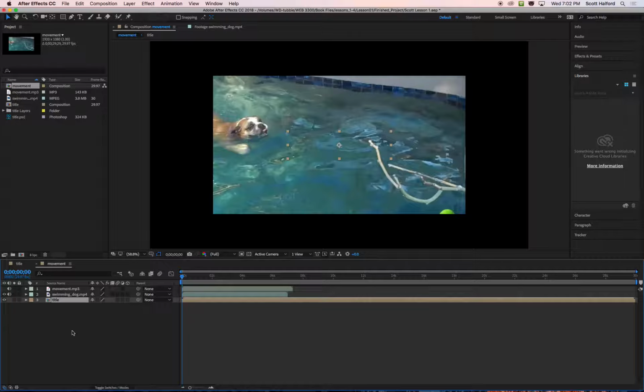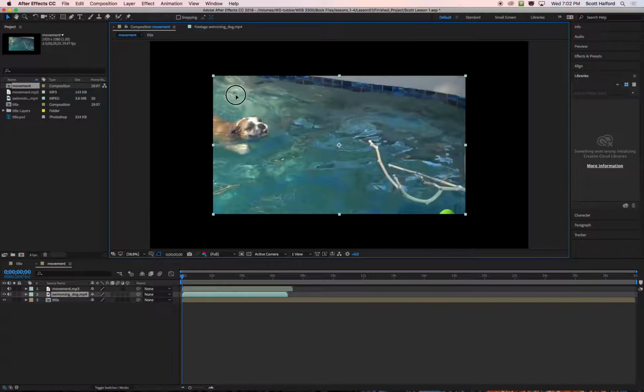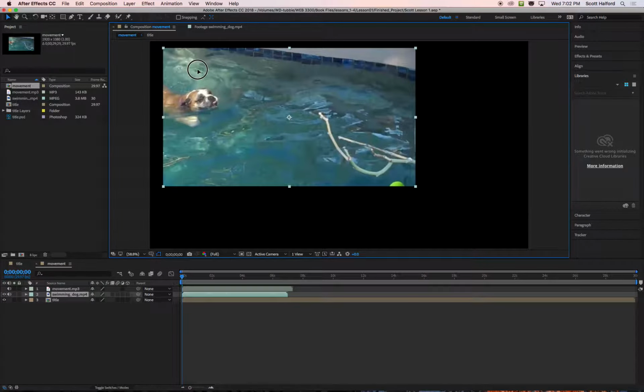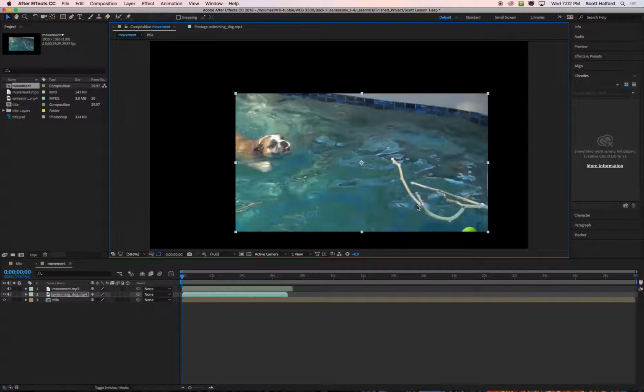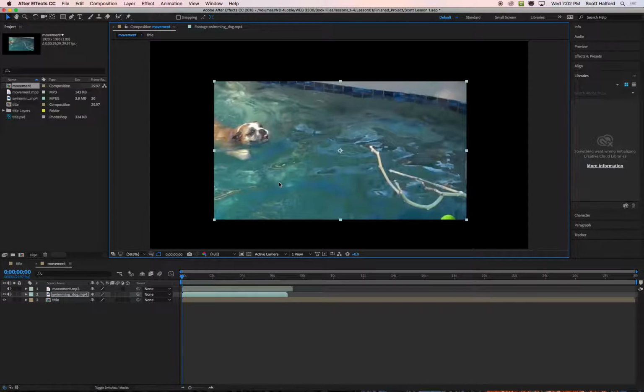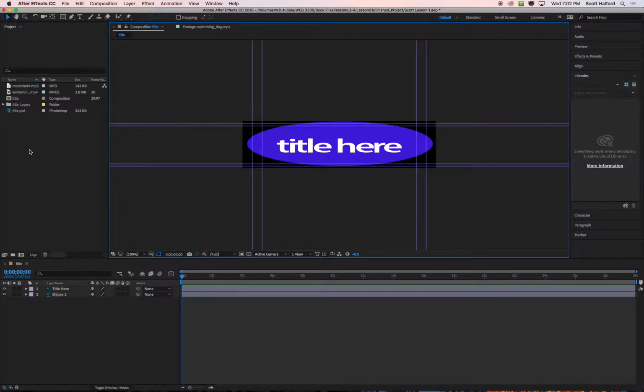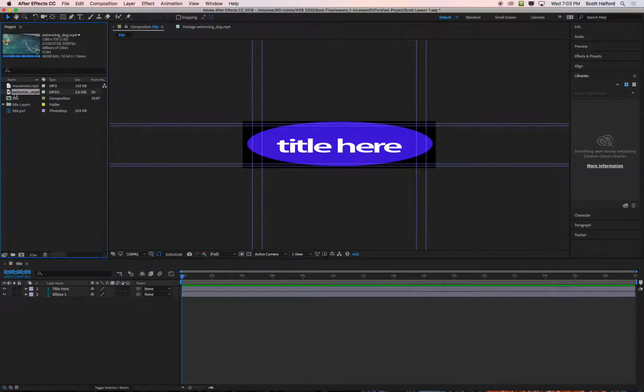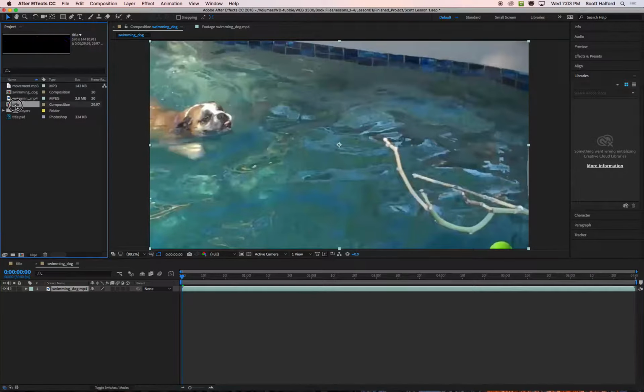Now let's talk about, oh wait, one problem though with this. See all this black space? My preference would be to create a composition from the footage first. That way the composition is the same size. So I'm going to undo again. Redo this whole thing, making a composition from the selection. Then from here, I'm going to drag my title